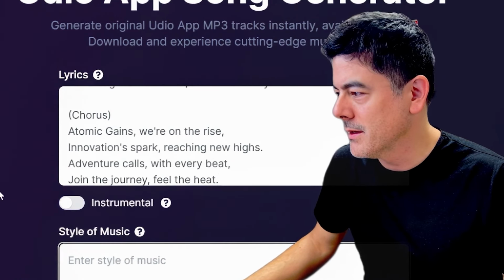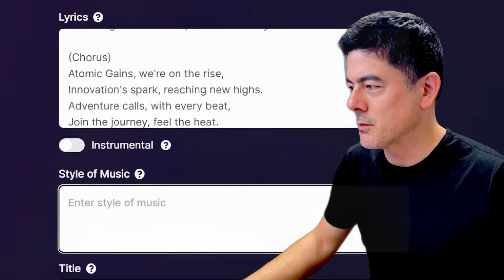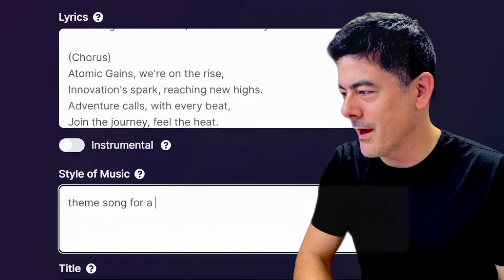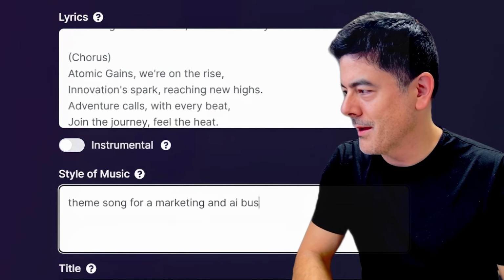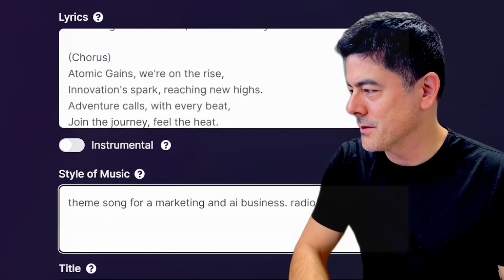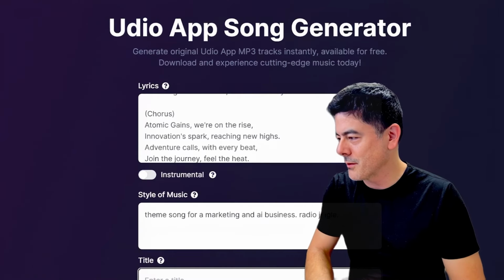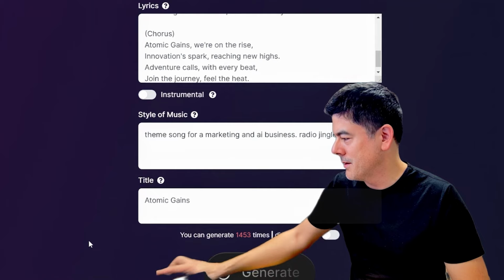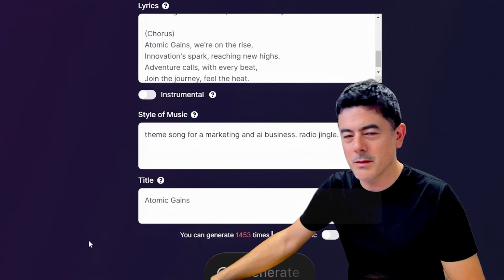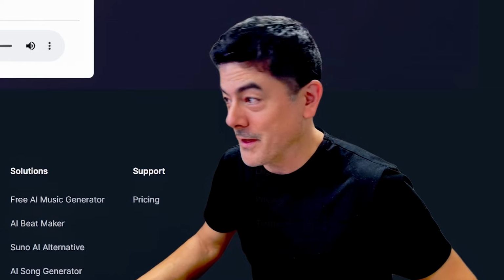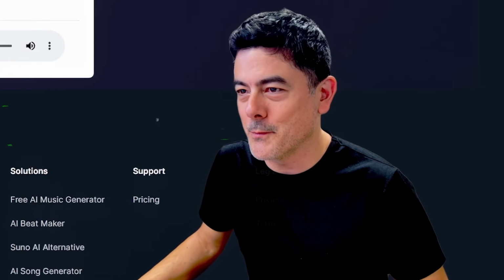And now I enter the style of music, which I'll just say it's a theme song for a marketing and AI business radio jingle. I'll say something like that, see what it does. And enter a title, Atomic Gains. Go, generate. And it'll probably take 2 minutes, so I'll just pause while it's doing its thing. In the meantime, while I'm waiting for that to generate, actually, I'll show you one I made just before,